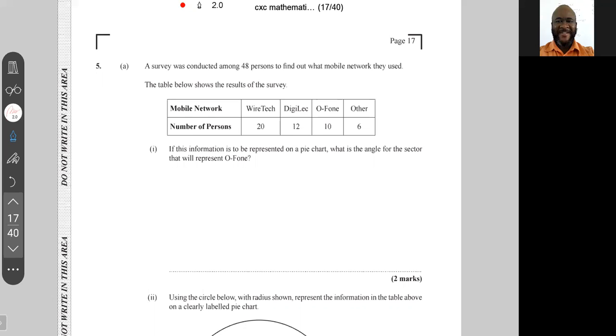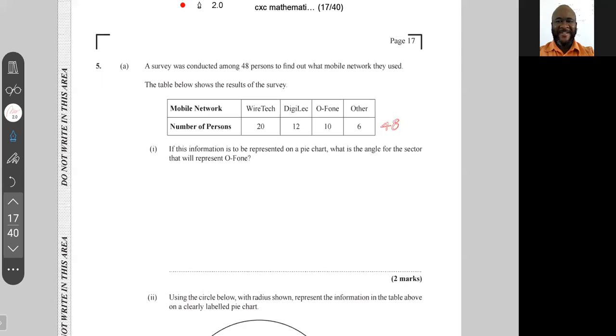This survey was conducted among 48 persons. So if I add up everybody in the survey, I should get 48. 20 use Wiretech, 12 use Digilec, 10 use Ophone, and 6 use other. All right, if this information is to be represented on a pie chart, what is the angle for the sector